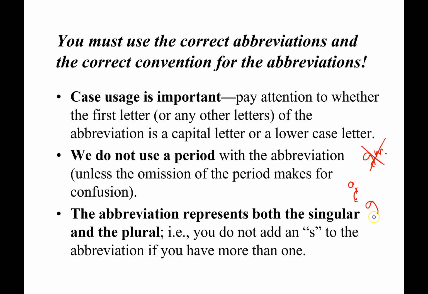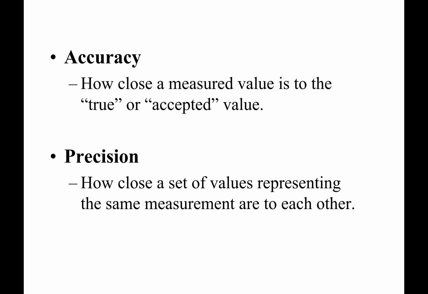And it's not GM with a period. It's simply G. The other thing is we don't include the S. If it's 2.54 centimeters, we don't put 2.54 CMS. I know you're like, well, I wouldn't do that, but